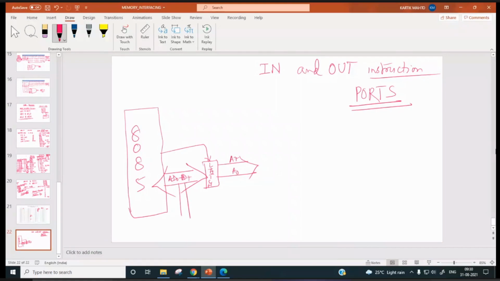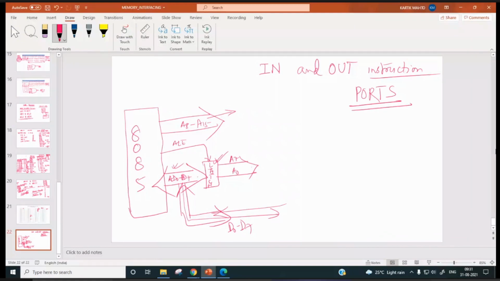The data lines are D0 to D7, and the higher order address bus A8 to A15 will be used for sending the higher order address. ALE is going to store the lower order address on the address latch, so that AD0 to AD7 will be free for transmitting and receiving data from memory.